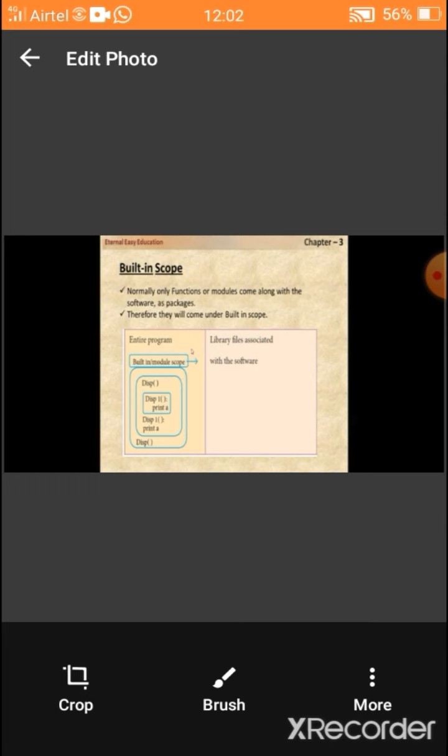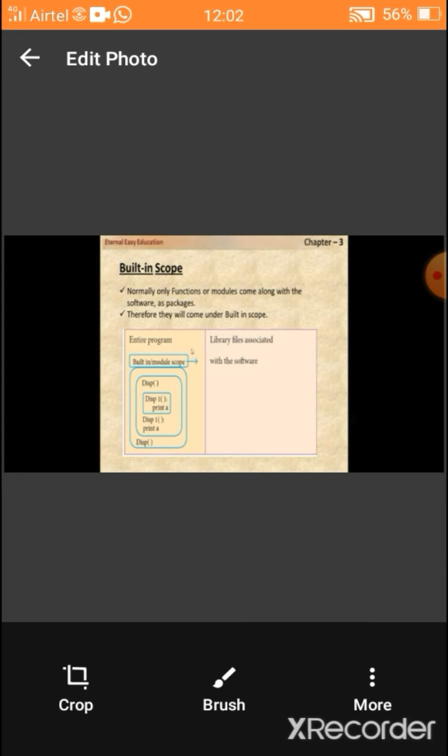So print a, the value of a, there is no value of a given in that enclosed scope. It goes to the inner scope, that is local scope. Disp1 print a. So in this program there is no value for a.